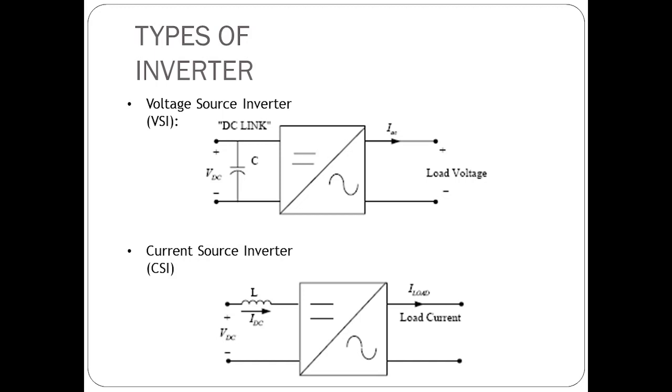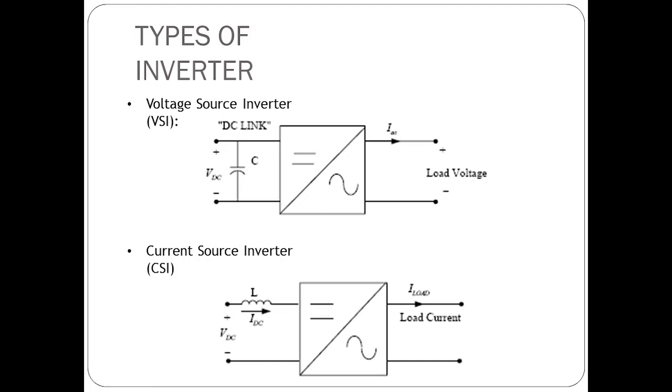Now let's see here, there is a DC link voltage, as well as a load voltage. This DC link voltage is the capacitor voltage, and the load voltage is given at the end of the load, at this terminal. The current source inverter block diagram is like this, where you do not have a capacitor in series but an inductor, and the capacitor is connected in parallel. The inductive current flows through it, and after the processing in the inverter it gives you the load current.